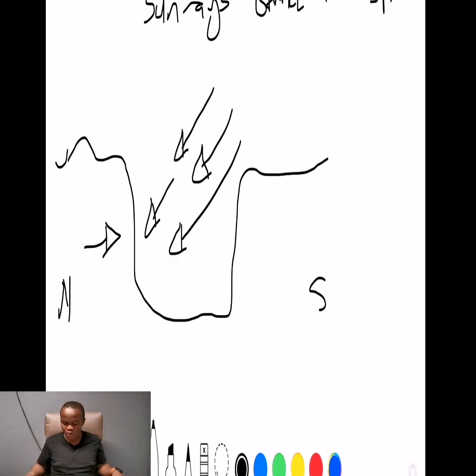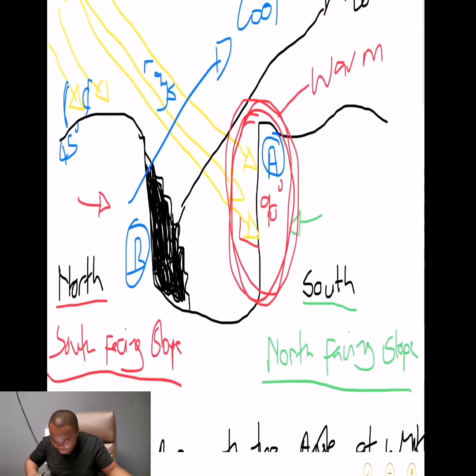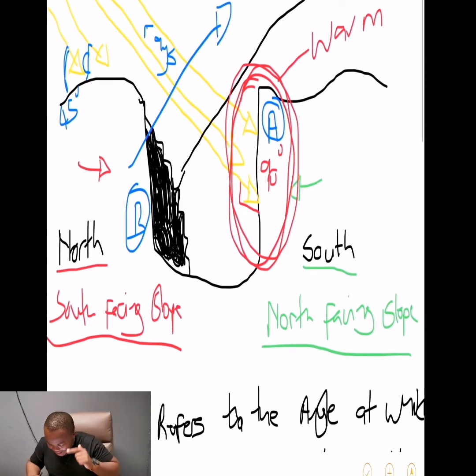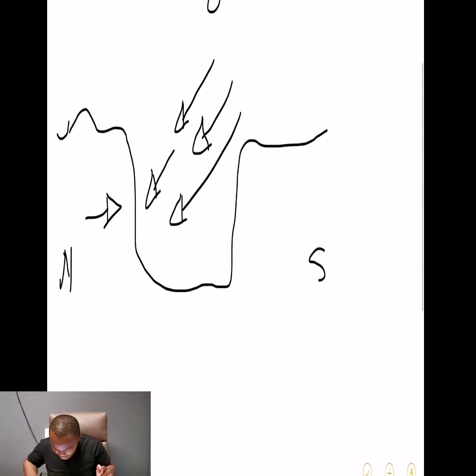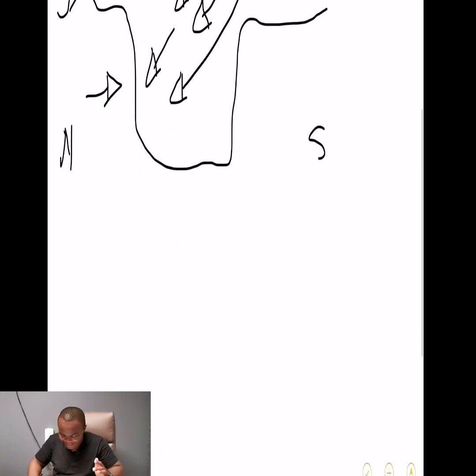This side is going to be heated by the sun rays, because the sun is coming from the northerly position. So you need to understand the difference between the northern hemisphere and the southern hemisphere in how the sun rays strike the slope. As you can see the difference between these two: in the southern hemisphere, the north-facing slope is warm. And in the northern hemisphere, the south-facing slope is warmer because it receives direct insolation. All right, let us move on, guys.